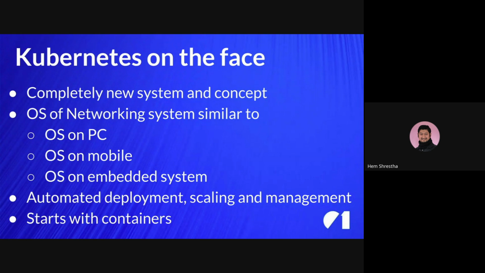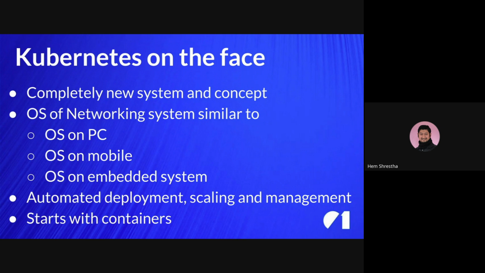You can do all the management within Kubernetes. And Kubernetes always starts with the container. So if you are not aware of Docker, then you cannot start Kubernetes. So the big part is containers. So this is about Kubernetes that I learned from a very top, like 1,000 feet height. Within that 1,000 feet height, this was the overall research I had done